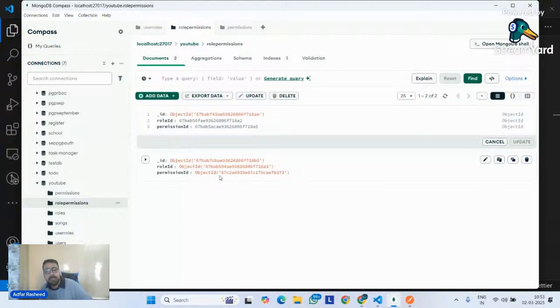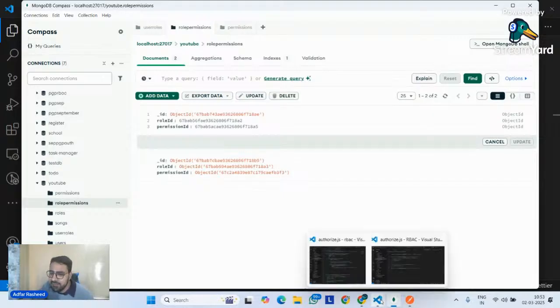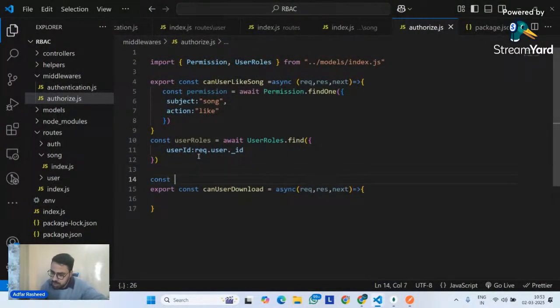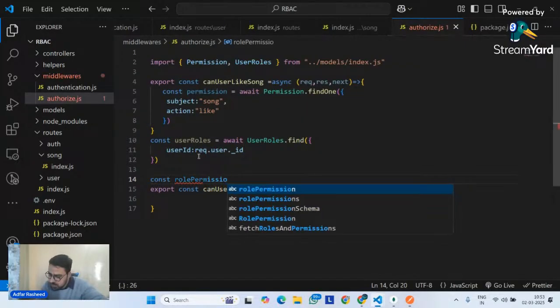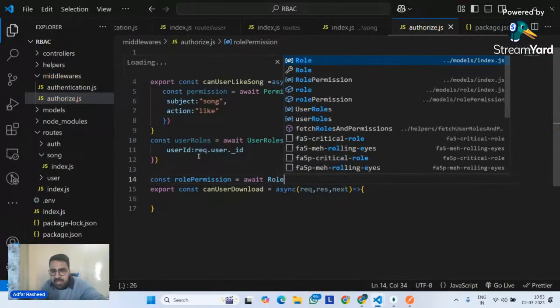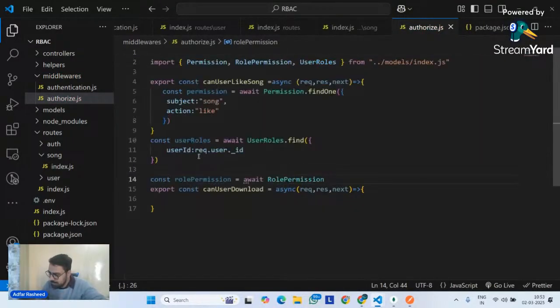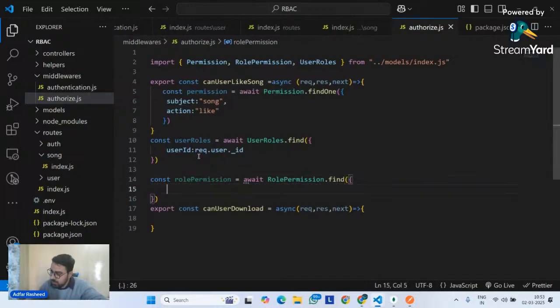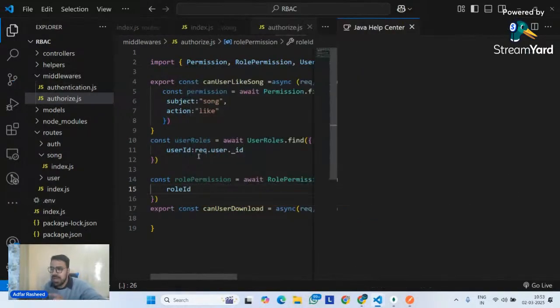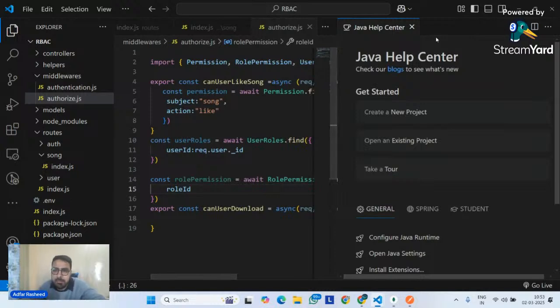You are active. So based on the role IDs, we have to find permissions. And we have done that yesterday as well already. So let me simply go. I will simply say const rolePermissions is equals to await. And await what? Await on my role permission model. Please implement a find and find me all those where the ID of role is equals to, role ID is equals to. And yesterday we discussed one of the very important